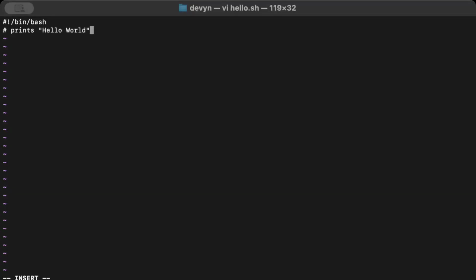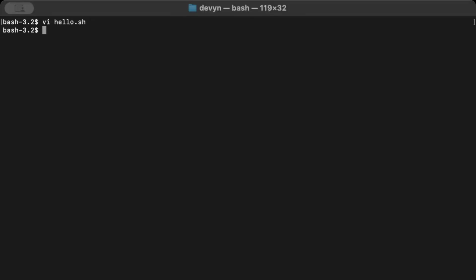That comment is just a comment, so it's not going to actually affect the script and how it runs itself. And then I'm going to type in our echo line, which is echo hello world. Get out of the insert mode by pressing the escape button. So remember to write it first to save your changes, and then quit, hit enter, and that should save your script. Now let's make it executable. To do this, we can go chmod, and then for execute permissions, we can type +x, which is execute, and the name of our file, which is hello.sh,